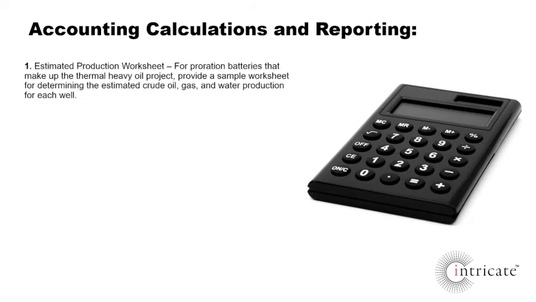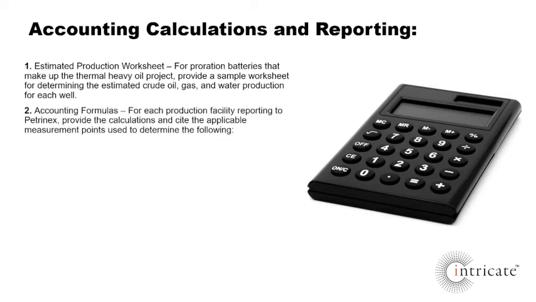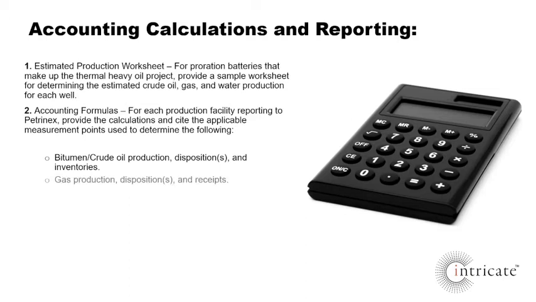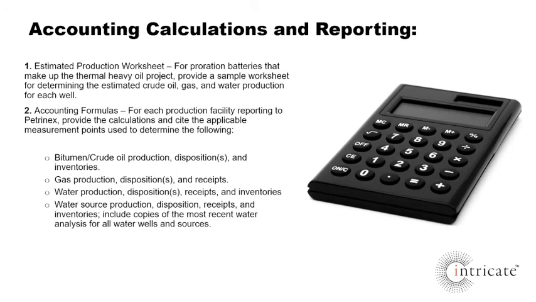For proration batteries that make up the thermal heavy oil project, provide a sample worksheet for determining the estimated crude oil, gas, and water production for each well. Accounting formulas. For each production facility reporting to Petrinex, provide the calculations and cite the applicable measurement points used to determine the following: the bitumen or crude oil production, dispositions and inventories, gas production, dispositions and receipts, water production, dispositions, receipts and inventories, water source production, disposition, receipts and inventories, include copies of the most recent water analysis for all